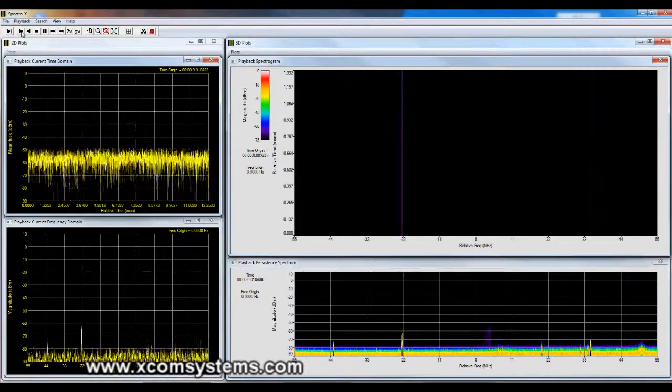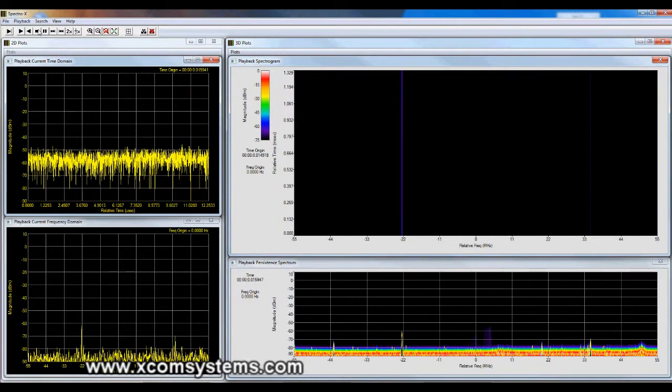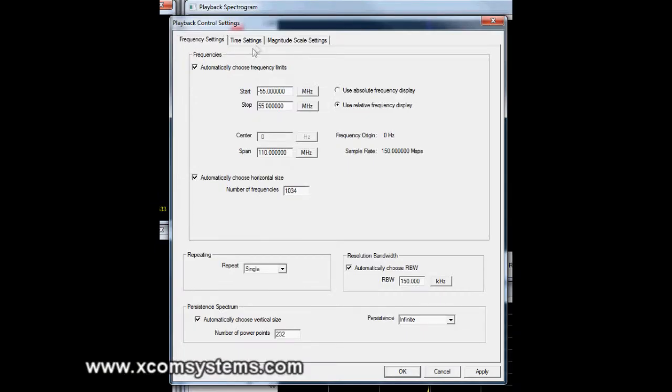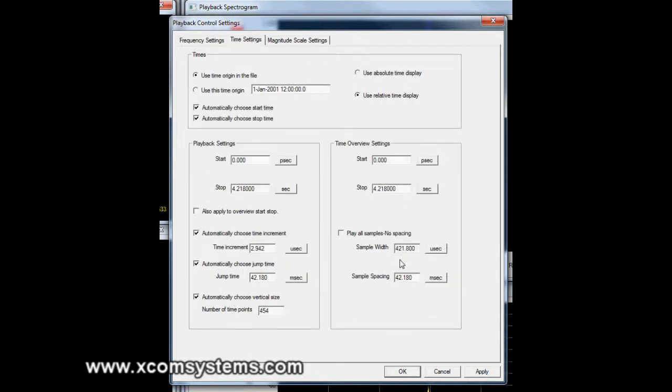He or she may be looking for very specific high power level activity that could be occurring well into the file and could take a very, very long time to find. So what Spectro-X provides the user is something called a Playback-Time-Overview window. Basically what this allows is for the operator to set a jump time in precision of picoseconds up through seconds,